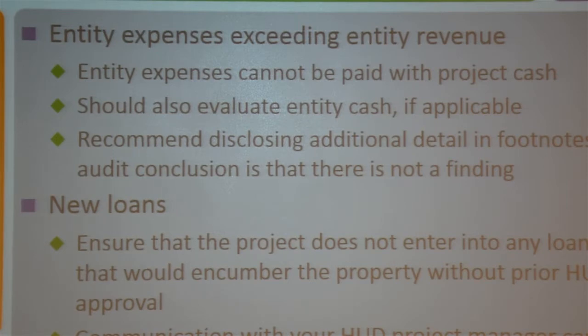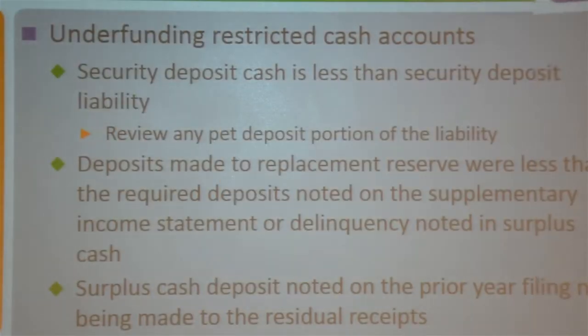Okay, entity expenses, new loans. They're talking about entering into loans. I talk about new loans from a different perspective, because every time we get a new loan or have a transaction of that nature, there's about a 50% error rate in reporting items like that, specifically proceeds from loans that owners keep. People misrepresent that all the time. HUD is quick to nail them for it, and it's not really true equity skimming. So we have those going on.